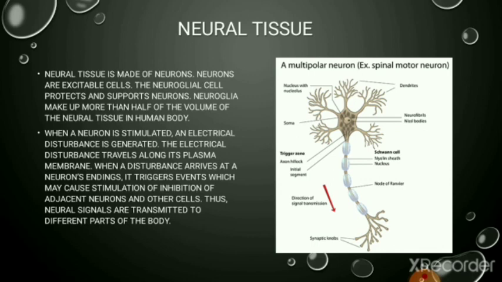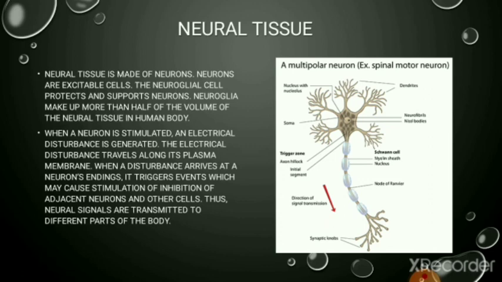So the motor neuron is the second type of neuron, which helps in the transportation of messages from the brain or spinal cord toward the organs of the body. And then there is a third kind of neuron, called the communicating or intermediate neuron, which helps to connect sensory neuron and motor neuron. In this way they bring about any action with reference to the stimulus received by the sense organ.